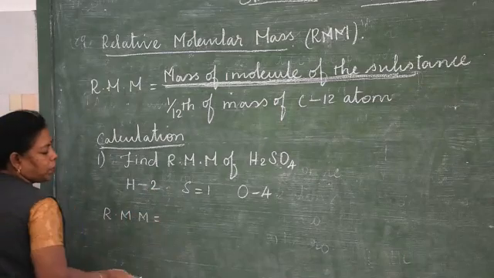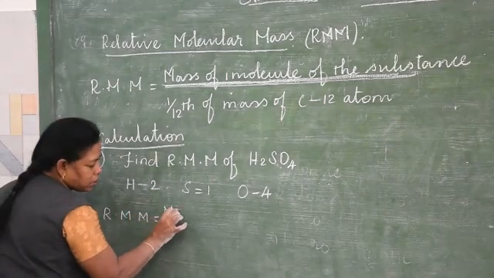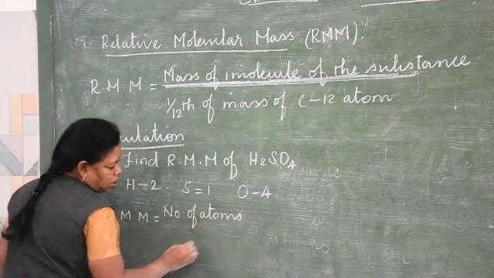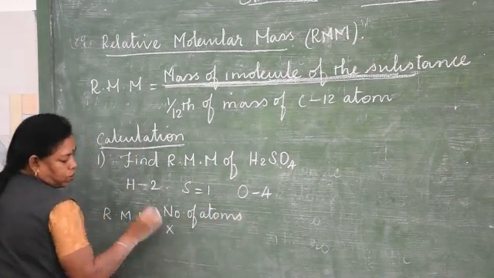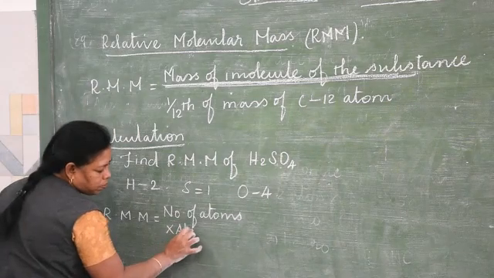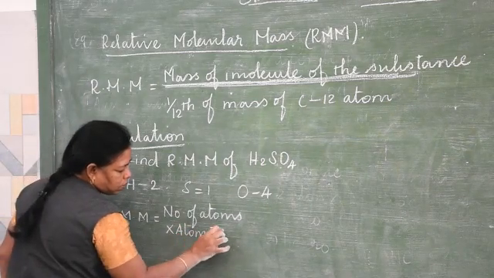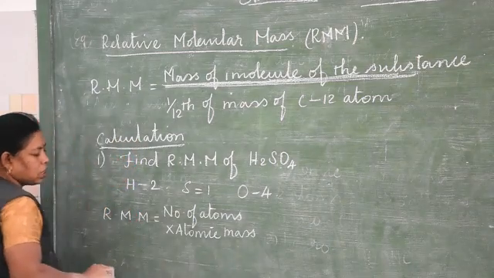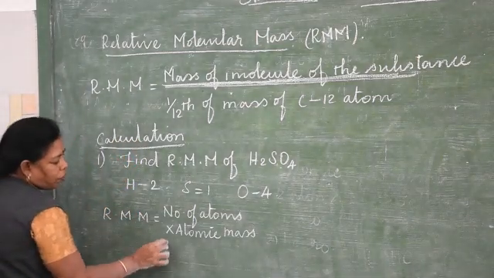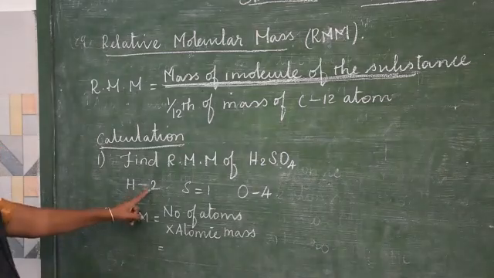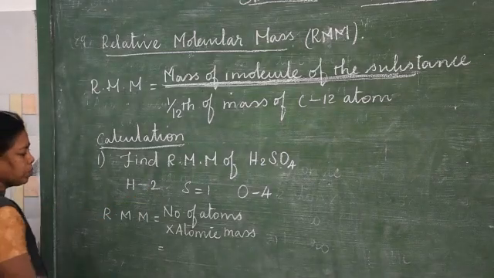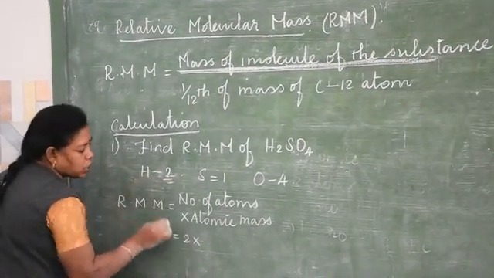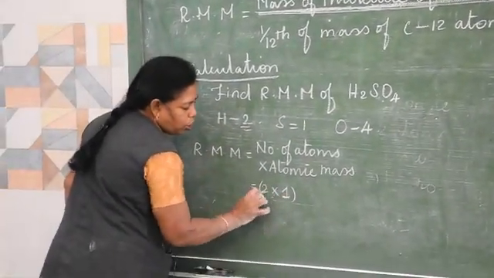Number of atoms into atomic mass. This is the relative molecular mass. First we are going to see hydrogen. Hydrogen consists of 2 atoms. So 2 into the atomic mass of hydrogen, which is 1. 2 into 1, plus